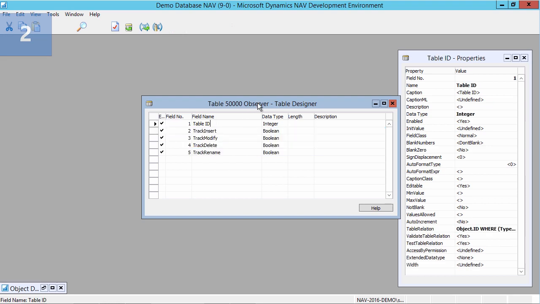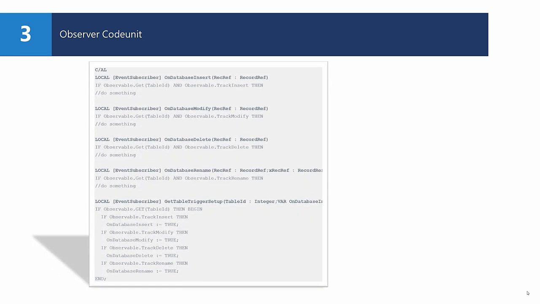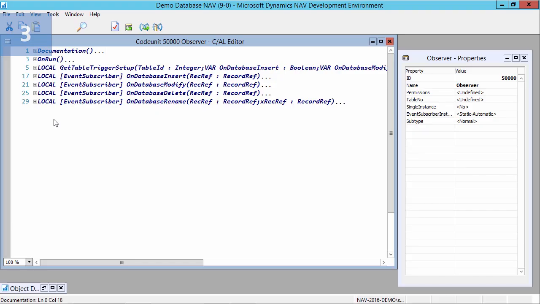Now that we have created our setup table to define which other tables we would like to keep track of the changes, it is now time to create the observer code unit, which will set the table trigger setup parameters and also subscribe to the on-database triggers and track the events. As you can see, there is a code unit 50,000 with the name observer, which has a number of local functions defined. The first function,